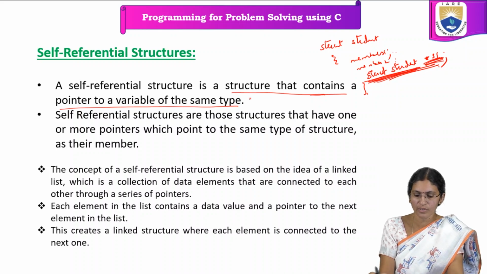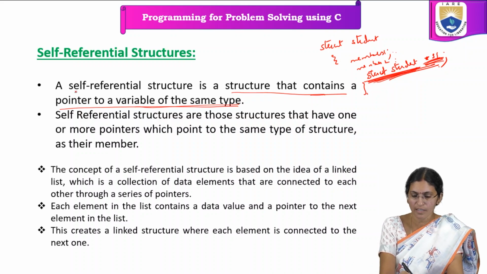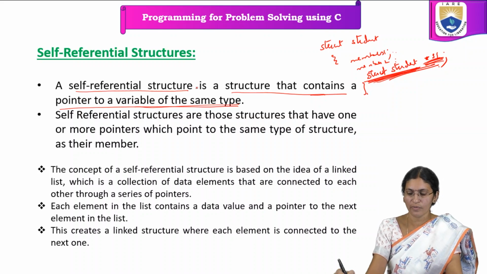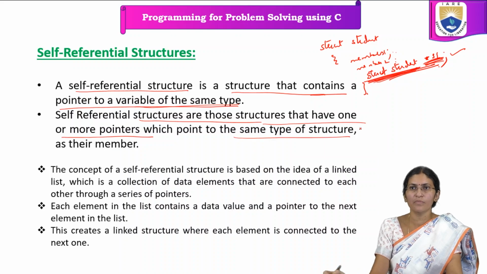When we have this structure definition in this way, this type of structure is called a self-referential structure. We can have one or more pointer variables here. Self-referential structures are those structures that have one or more pointers which point to the same type of structure